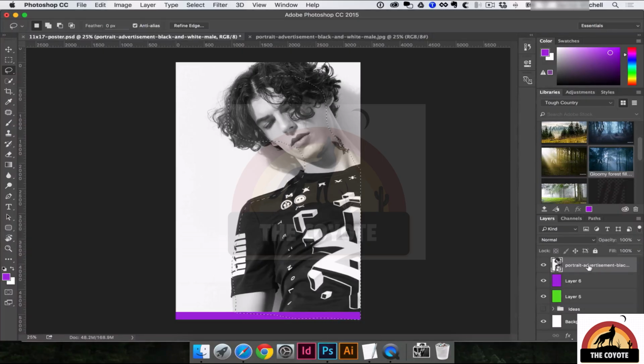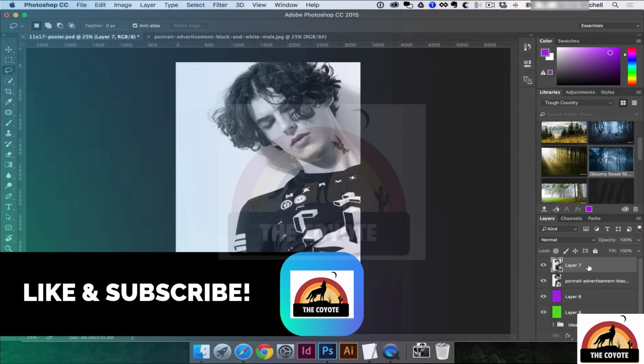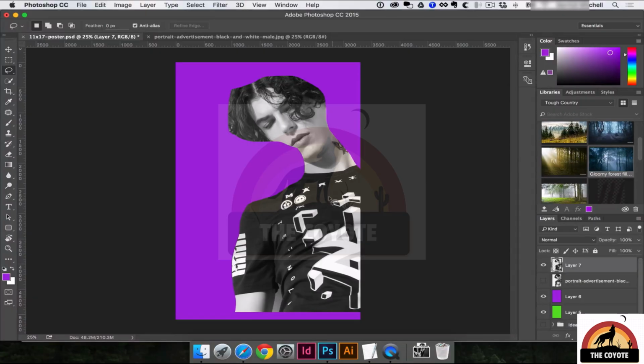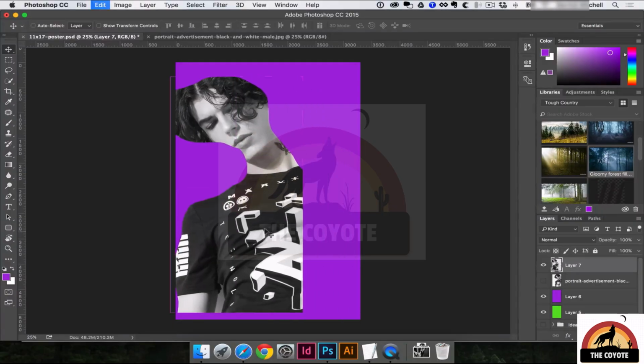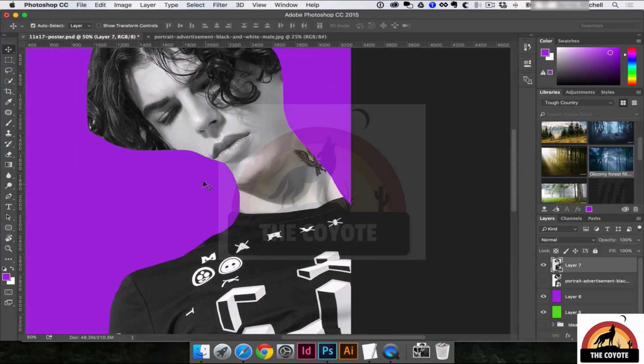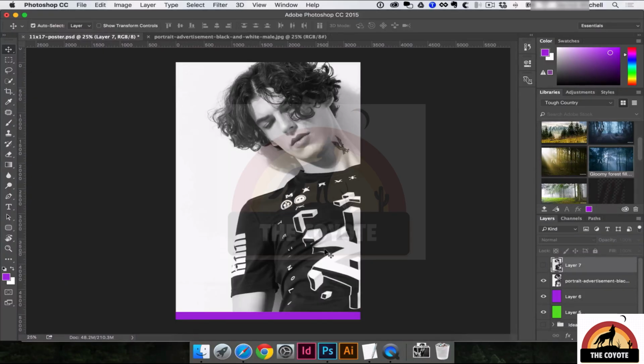I could delete it. In this case, I usually hit Command J, which jump cuts it up to its own layer. So if I turn off the original, what I've done now is I've brought this layer to the front. Obviously, it's a terrible selection, and it's not editable, or it's not a smart object. It's destructive editing. I can't ever bring back where I didn't make a good selection. So making a selection with the marching ants tool and then just jump cutting it isn't probably the best way